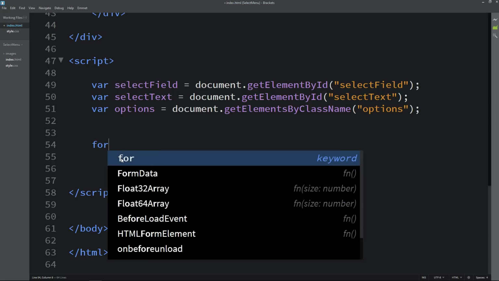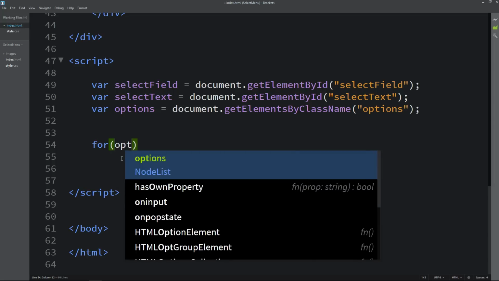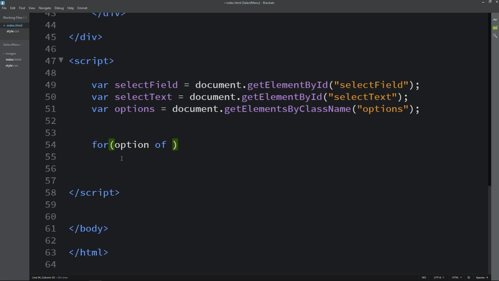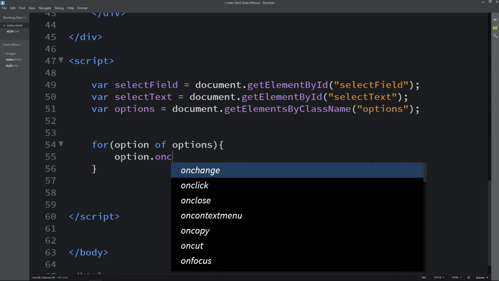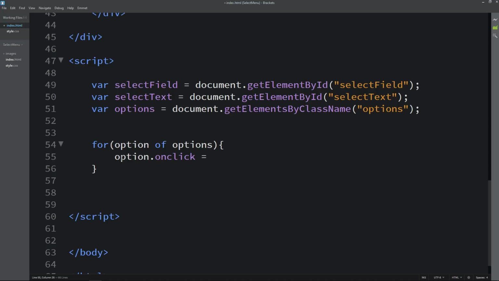For that we will use for loop. In this for loop I am writing option of options, and when we will click on this one, then what will happen, we will add option dot onclick equal to function. So the code inside this function will be executed when we will click on this option.